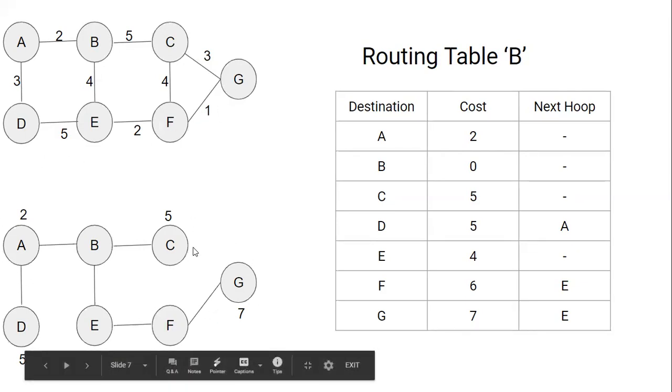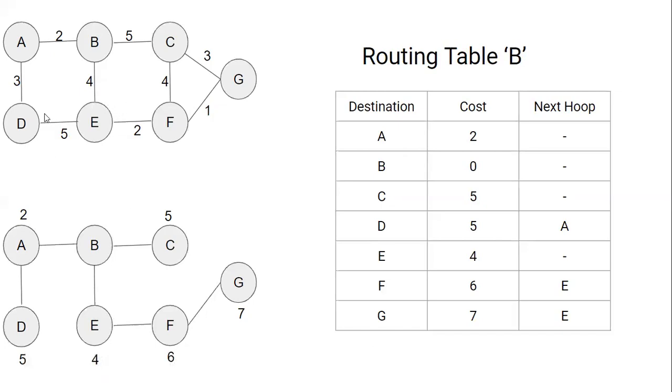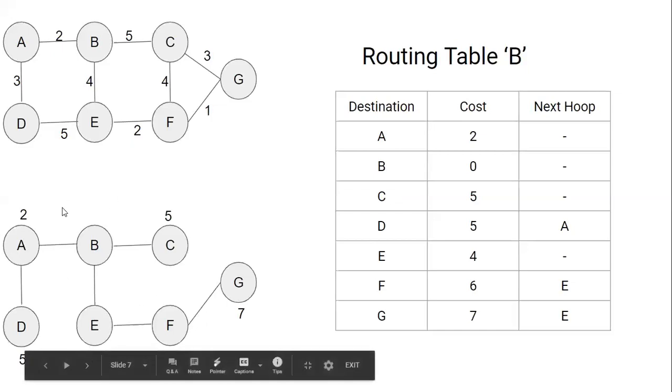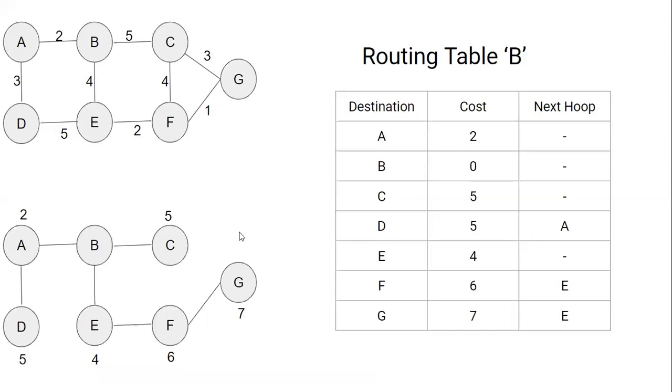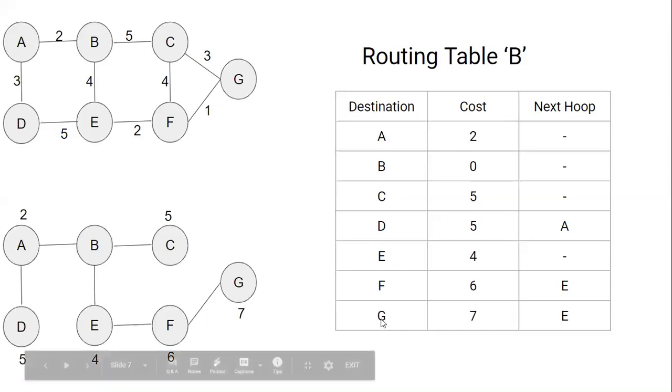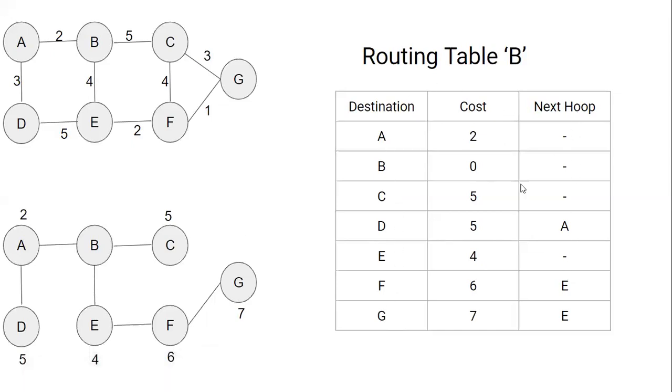This is a new diagram which we have created with the update of your previous table. We have done the calculation and keep adding each and every node. With that we will get new values for each and every node. In this way, we are going to create our routing table for B. Same as here, all the destinations, all the costs, all the next hops we need to write.